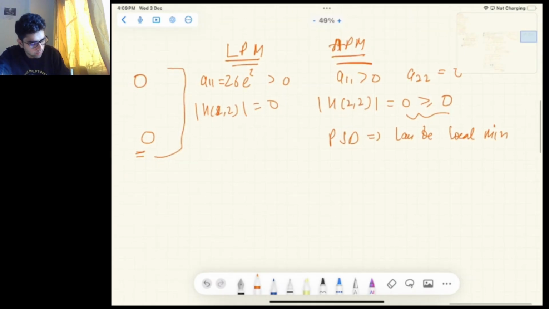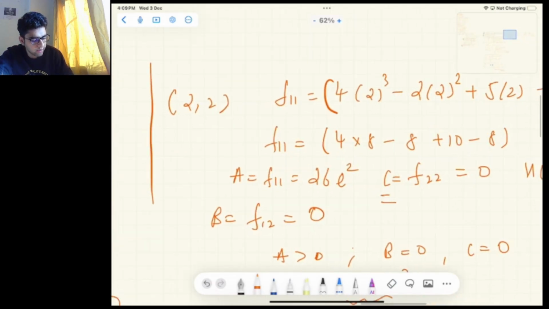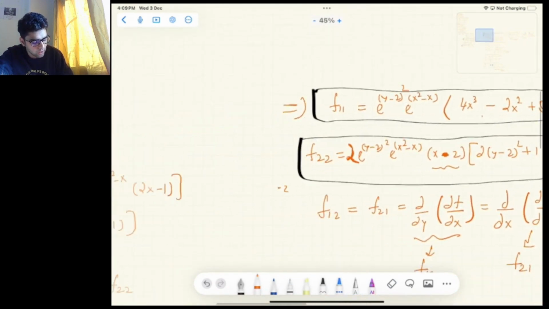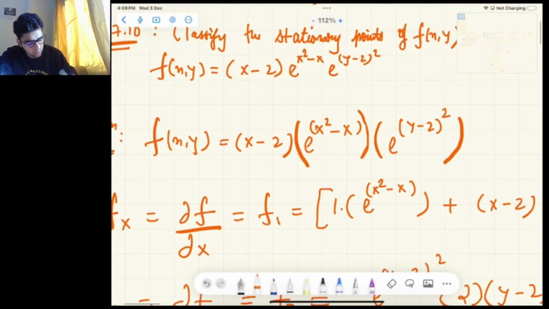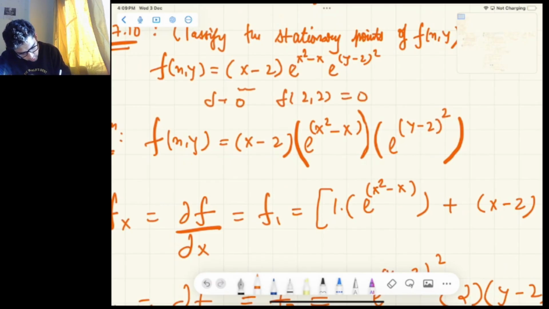So if I just take a point, 2 comma 2 plus delta, so f of 2 comma 2 plus delta, and I will take a point f of 2 comma 2. So f of 2 comma 2 gives me 0, and f of 2 comma 2 plus delta is any term which is tending to 0. So f of 2 comma 2 gives me 0, and f of 2 comma 2 plus delta also gives me 0,